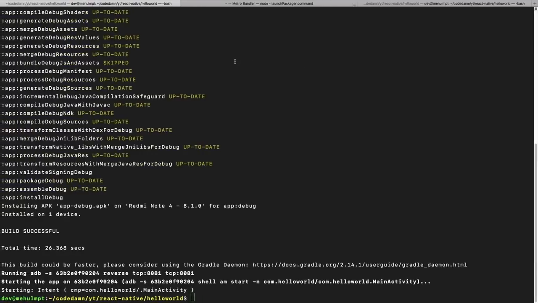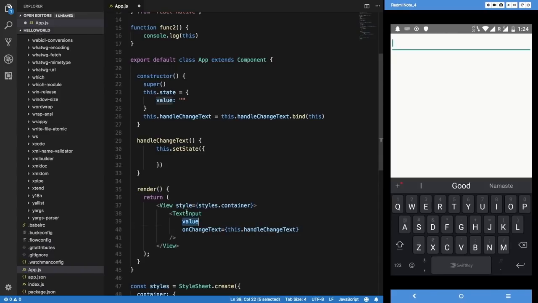So yeah, if you set a value of a text input, then you would not be able to change it. So you need to set a default value. So this dot state dot value. We can just say edit me, something like that,